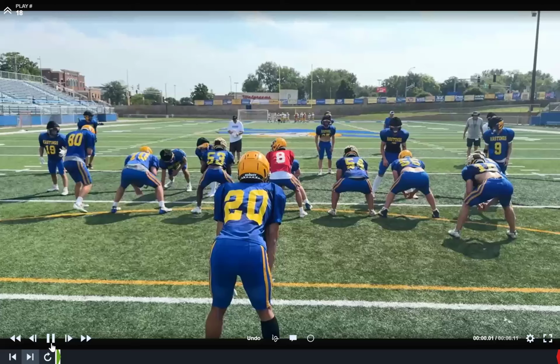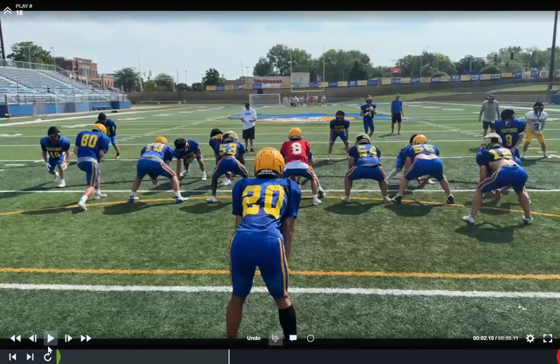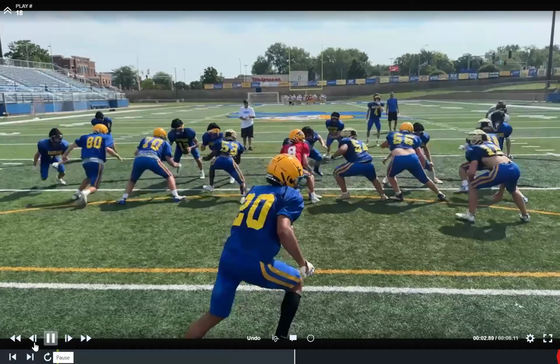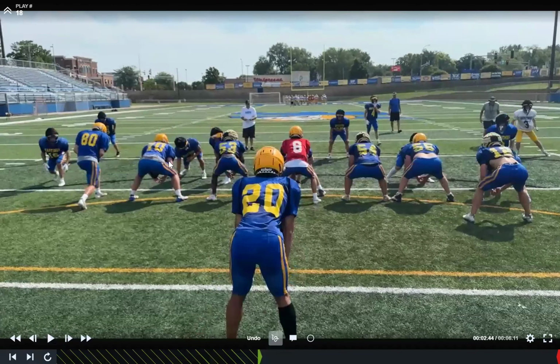Okay, this next play here, it's the same thing. I think now we run counter. Okay, now we're running counter. All right, so we have a Ted double team right here. But this guy steps up into the tackle's gap. So we now need to make a down call because he's in the B gap and he needs to block down here. And we need to make sure we don't give up any penetration. We can't let these guys get into the backfield and blow up our pullers.